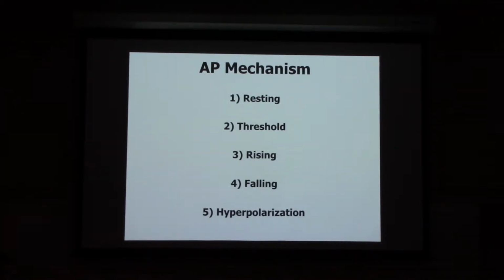Each time an action potential is generated, we go through all 5 of these at any one place on the axon. Keep that in mind. Right now, for our discussion of action potentials, we're looking at just one area on the axon. Later on, we're going to look at how we go from one area of the axon to the next, how that moves or conducts along the length of the axon. But for right now, we're looking at just one part of the cell membrane.